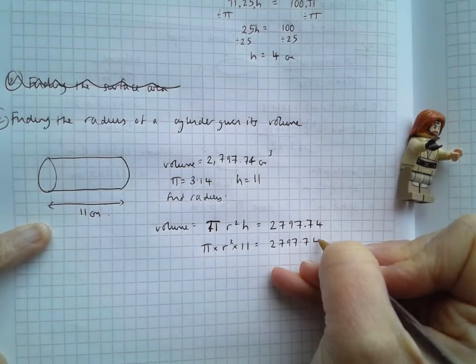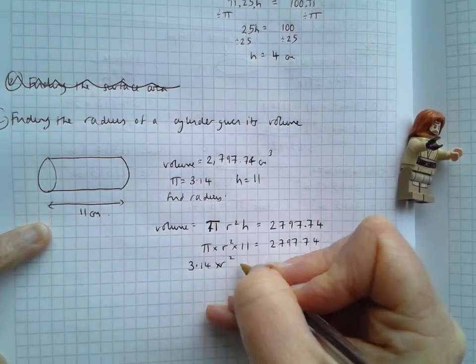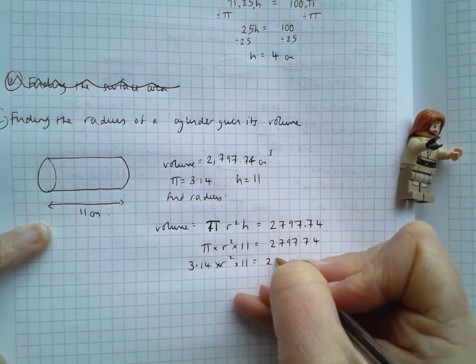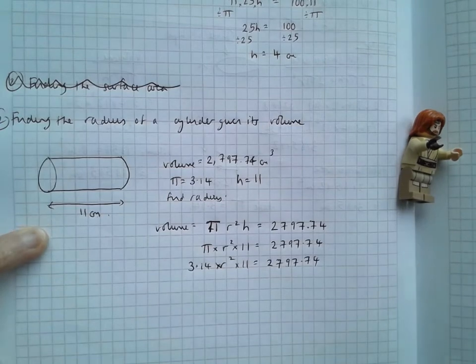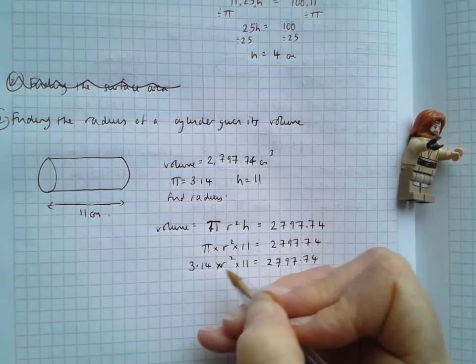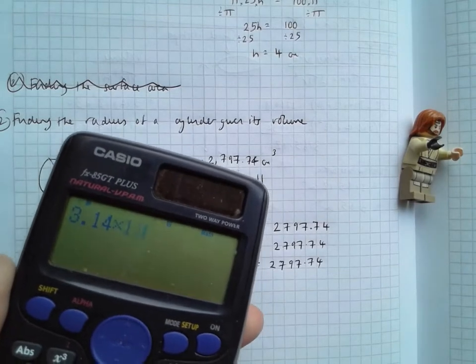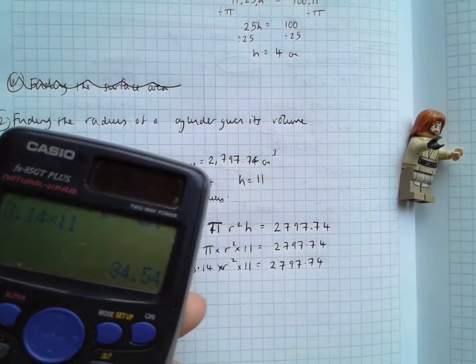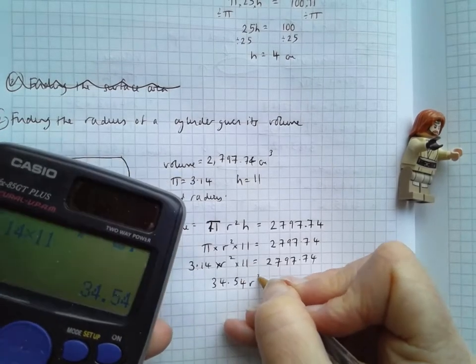But actually we know that pi is 3.14. So pi r squared by 11 is 2797.74. So let's work out what 3.14 by 11 is. So 3.14 by 11 equals 34.54, so 34.54 r squared equals